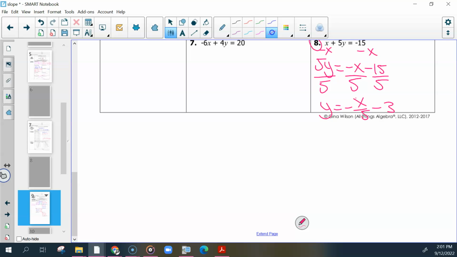If I asked you what is the slope of that, what would you tell me? -1/5. Not -5, but you were close. Because this can also be rewritten as y equals -1/5 x minus 3. Those are the same thing, just written